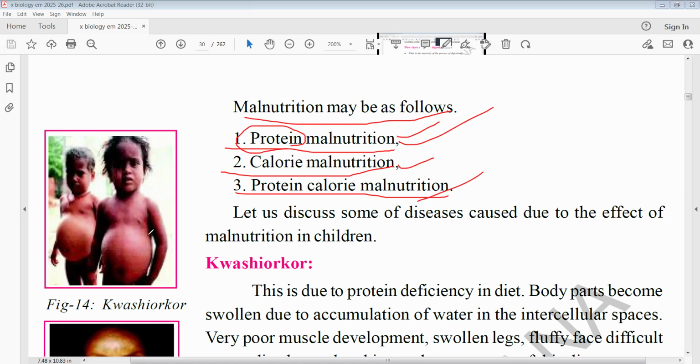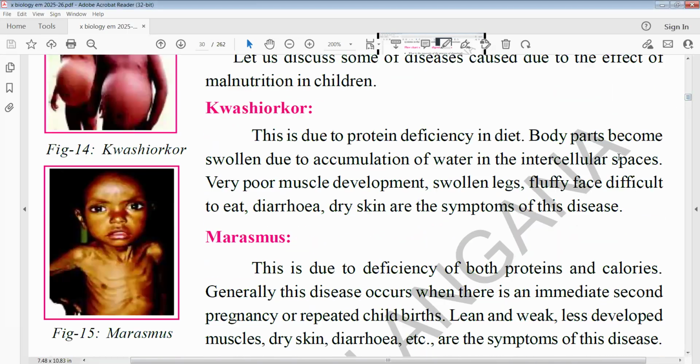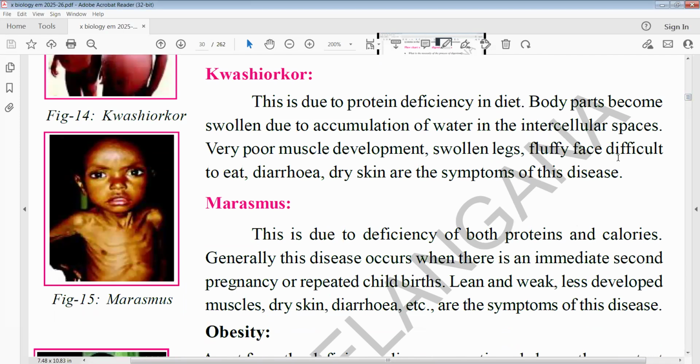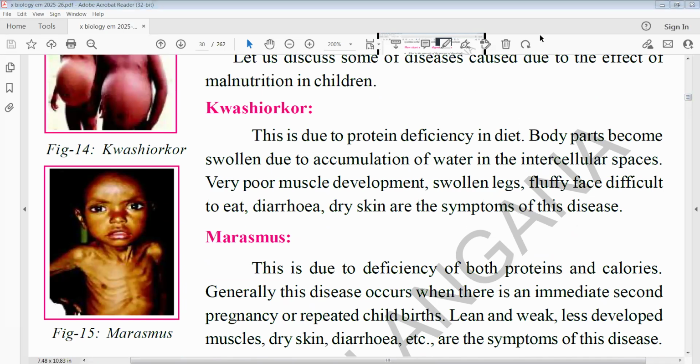So now let us discuss one after another. First, the protein deficiency disease, kwashiorkor. So it is important at examination level. Already previously I said, what is malnutrition? The food which does not have one or more of the required nutrients, that is called malnutrition. By malnutrition, previously we saw three types of diseases: protein malnutrition, protein calorie malnutrition, and calorie malnutrition. Now